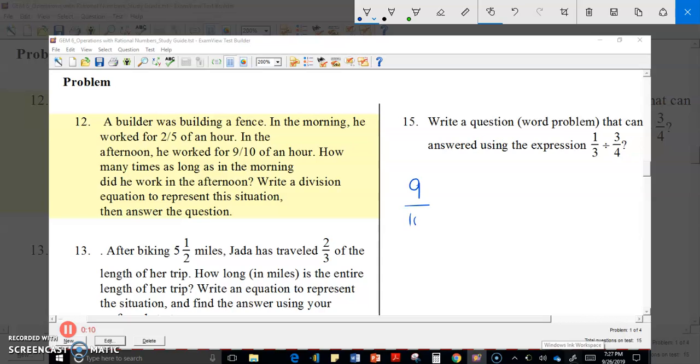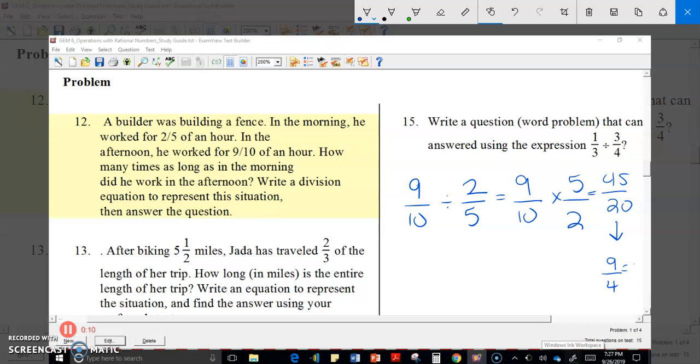So 9/10 divided by 2/5 is equivalent to 9/10 times 5/2. Remember, you must multiply by the reciprocal. That means to flip the second fraction. That's going to give us 45 over 20, which then simplifies to, 45 divided by 5 is, 9/4, which also equals,